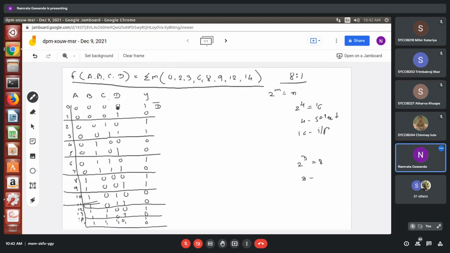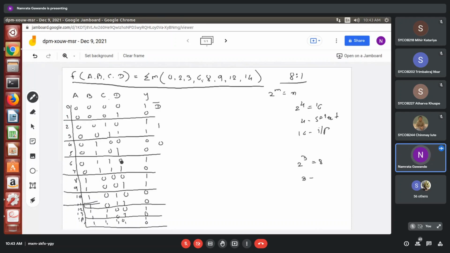Here it is 0, 1, and in the output it is 1, 0. I have made a grouping of these two and I need to check whether it is equal to D or not. If it is not equal, if it is reverse, you have to place D bar. Now, here 0, 1, but here 1, 1. Both the outputs are the same, so instead of two ones, we can take only a single one. Next, 0, 0. So instead of two zeros, only a single 0.